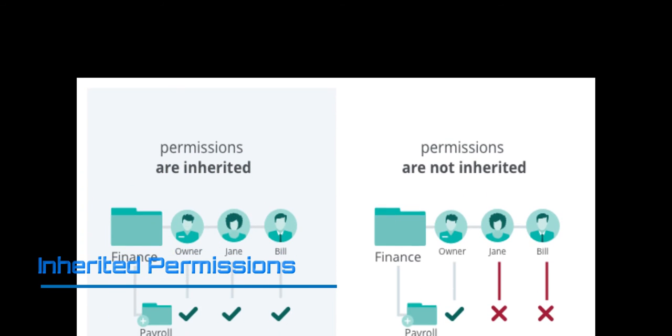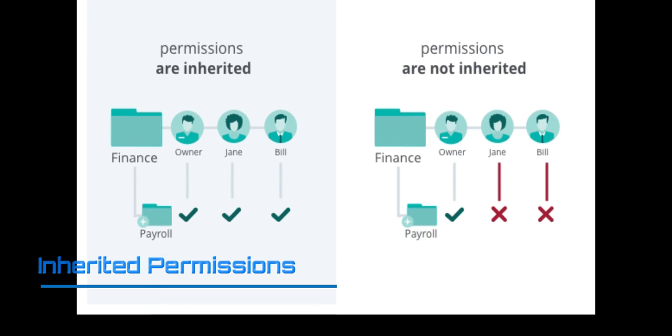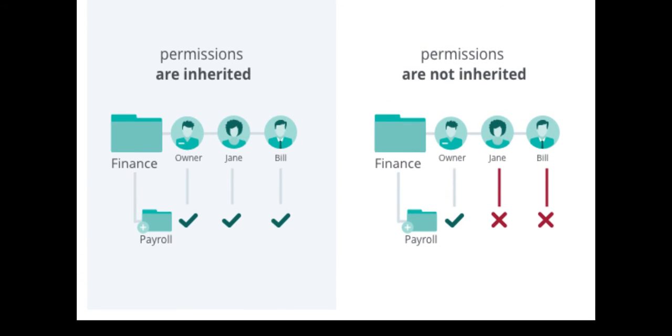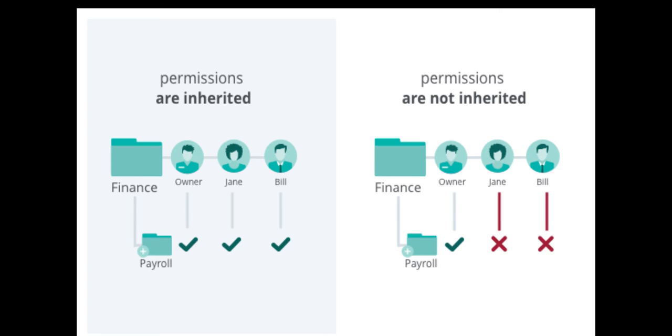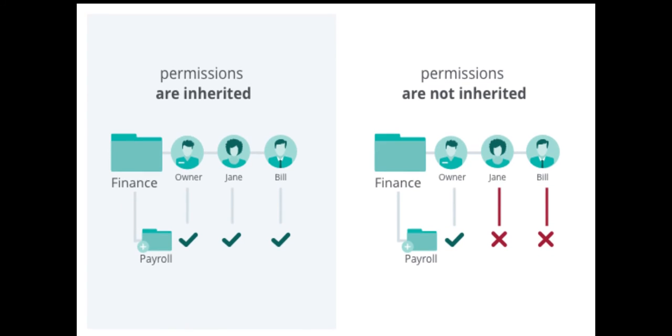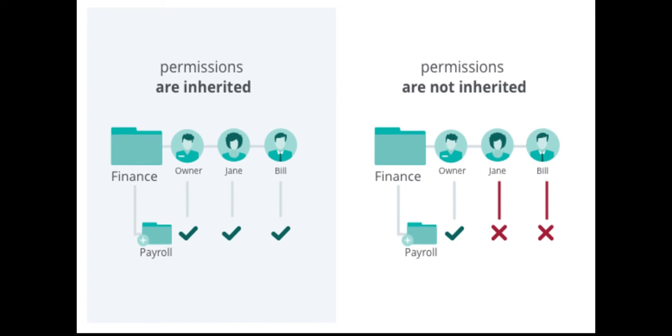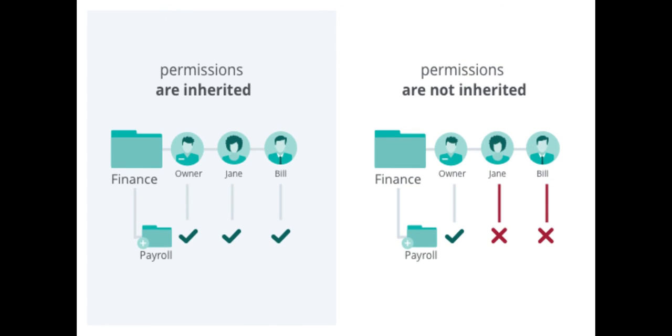So inherited permissions work just like they sound they might. Essentially, just like in real parenting, if a parent says, I have permission to stay up past 10 p.m., so I'm going to give my child, aka child file, the same permission, then that child can do whatever the parent can do. Vice versa, if the other parent disables that permission, then that child cannot do what the parent, aka parent folder, can do. Aside from cut and dry enabling, once disabled, you can choose explicitly which users have what